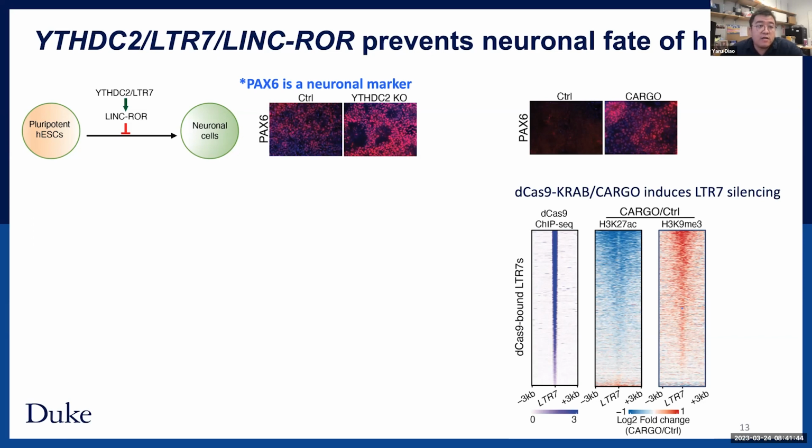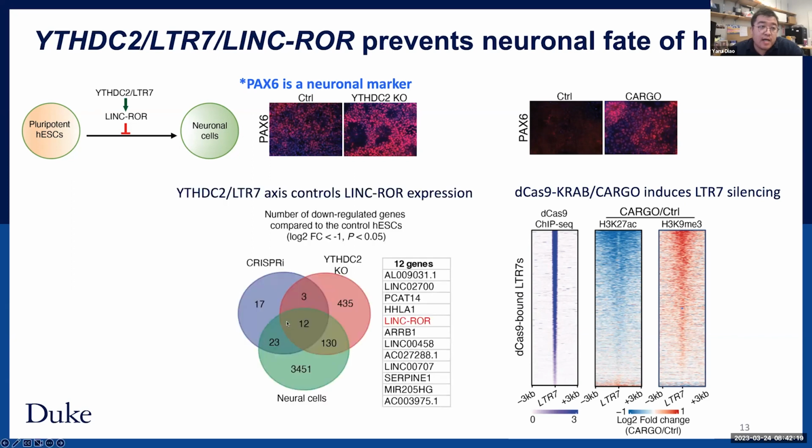To make a long story short, he found that YTHDC2 can prevent the neuronal fate of human ES cells, because when we induce neuronal differentiation of both wild-type and YTHDC2 knockout cells, you can see that the mutant cells express a higher level of PAX6, which is a marker for neuronal fate. Similarly, we combined our cargo construct with dCas9-KRAB to induce global silencing of LTR7 sequences, and we found that the LTR7 silenced human ES cells tend to express a higher level of PAX6 when we induce neuronal